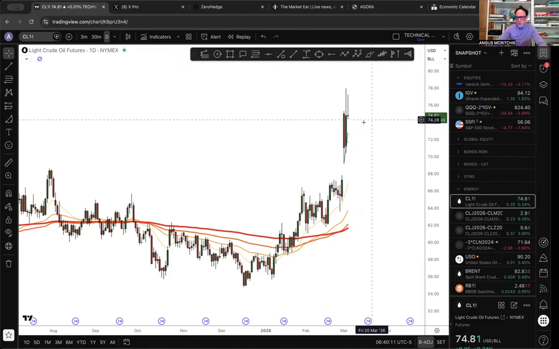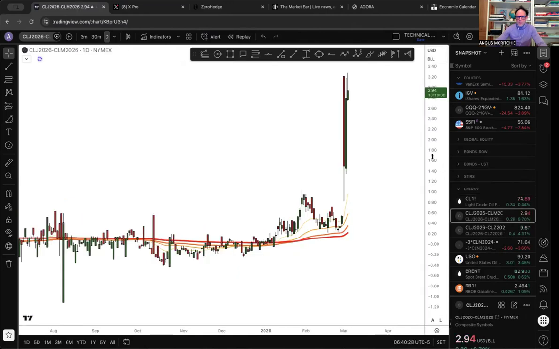But you can see here that the oil market is not giving the all clear. If it was the all clear, it would be down somewhere in the mid 60s or the late 60s. At this point, we're still in the mid 70s. Now, there are going to be headlines going up and down during the day, but the market is worried about that. By the way, I just want a quick look at the calendar spreads here, and I've got a couple up here.